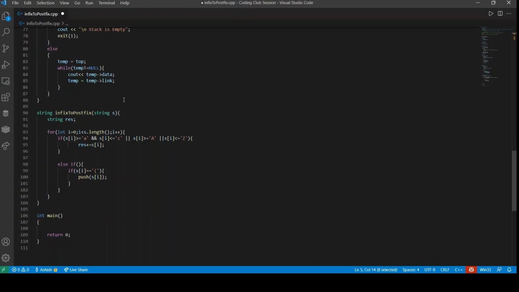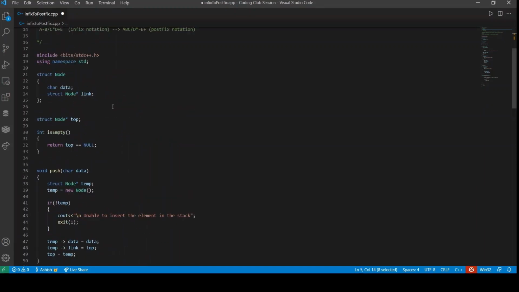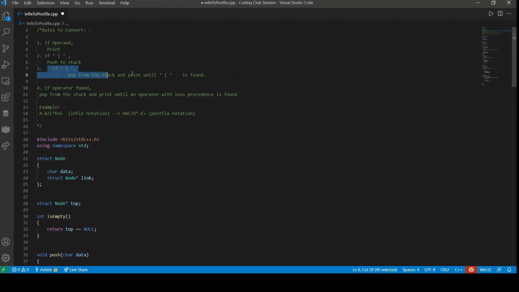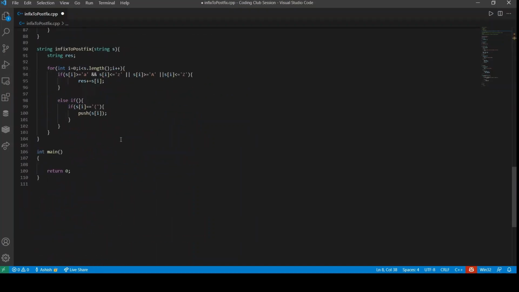Now let us go to the third rule. If it is a closing bracket, we have to pop from the stack until we get the opening bracket or the stack is empty.